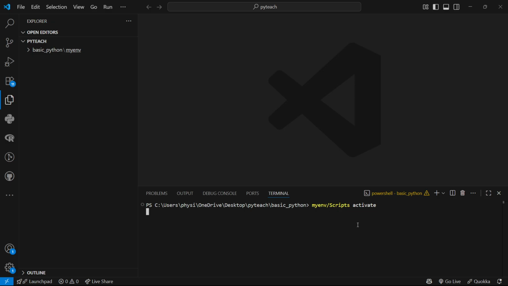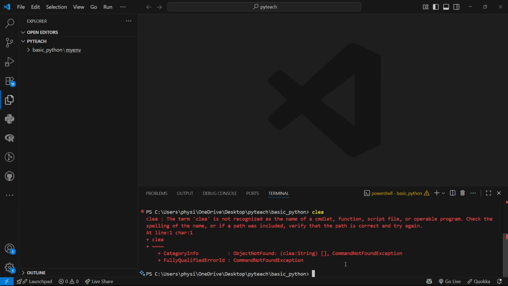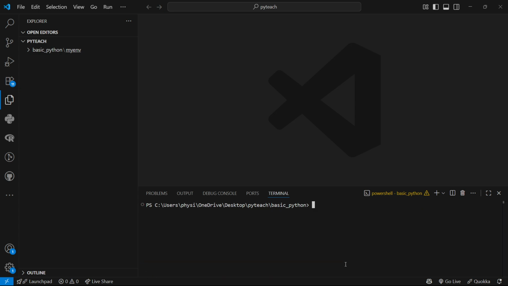This is the command that you have to write. Myenv. So there is an error. Why is this error? Okay, I need to clear it down. Just give me a sec. Okay, so you have to write Python. No, you have to write venv